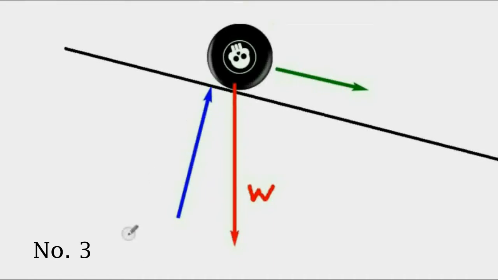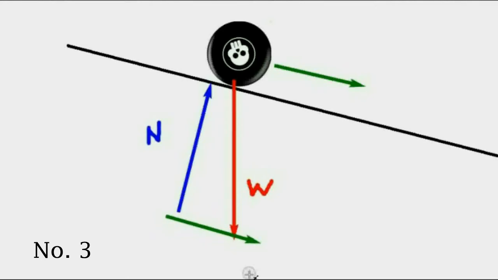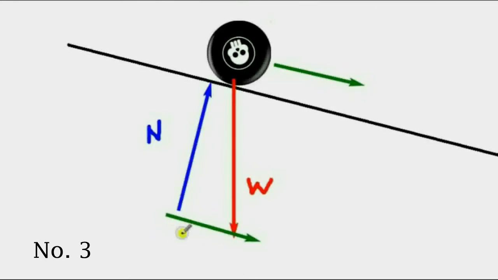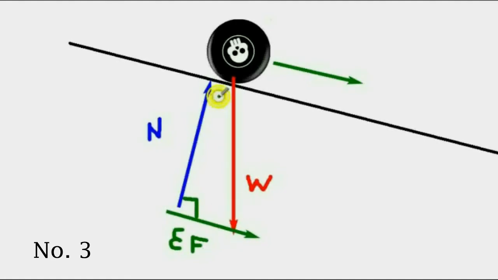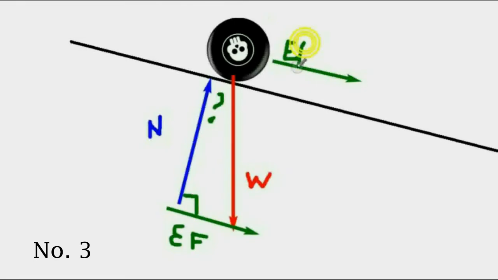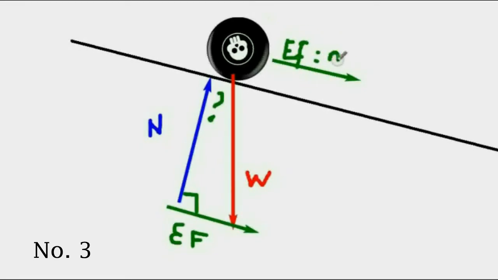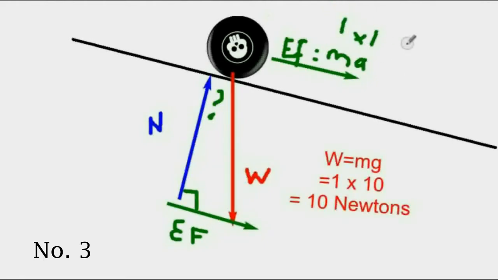Now it's these two forces that create the acceleration, and the resultant vector is this green line right here, and this is the sum of all forces. This is the force that creates the acceleration of 1 meter per second squared for that 1 kilogram ball. Now if you actually work out the force, it's ma, mass times acceleration, and you get 1 times 1, which